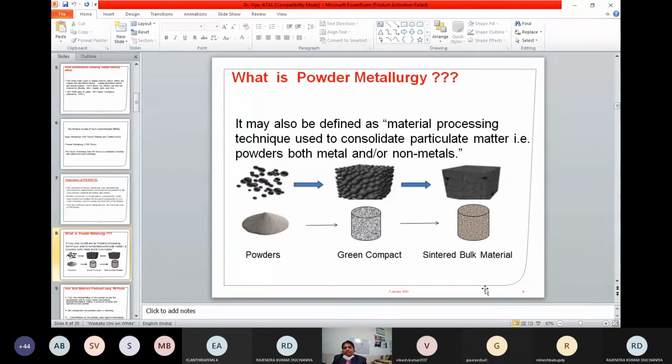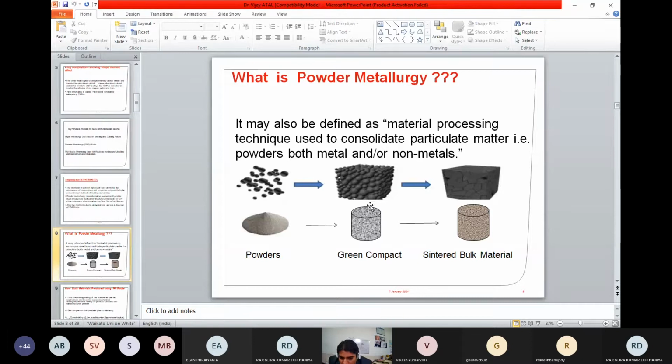So here the basic slide shows what happens in this powder metallurgy route. Initially powders, in this case we are speaking about shape memory alloys. So any composition of shape memory powders can be die compacted. After die compaction, this is how it looks on a microscopic scale, and on a macroscopic scale it looks like this.